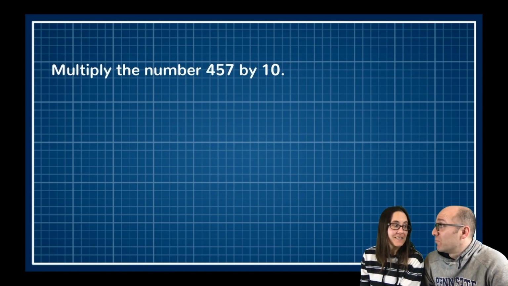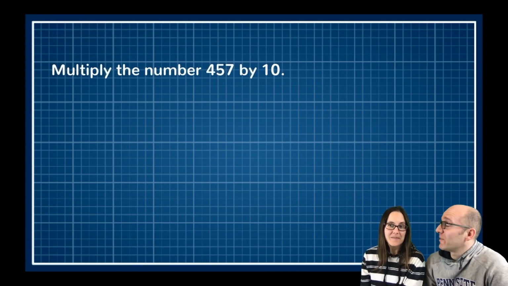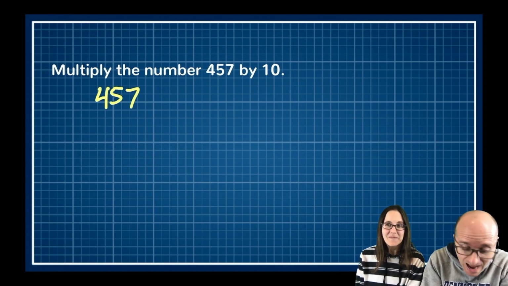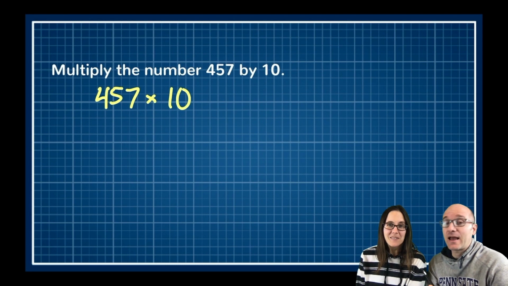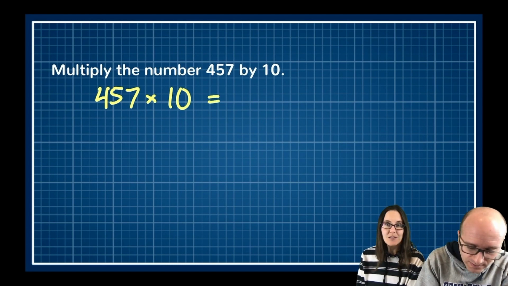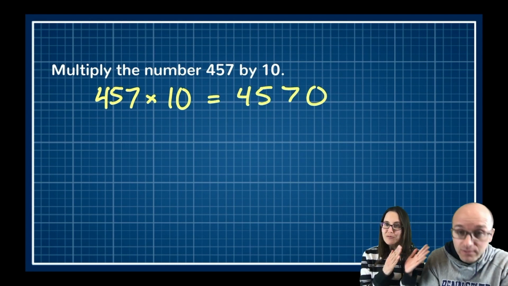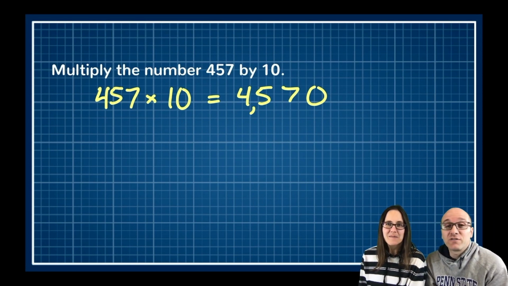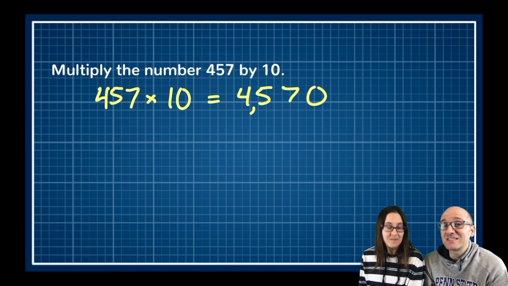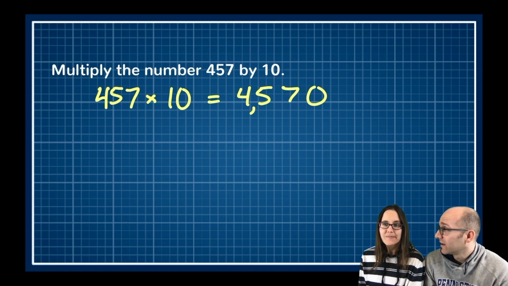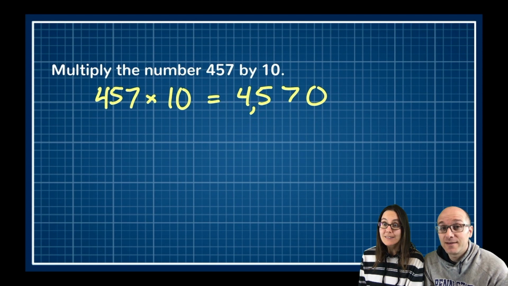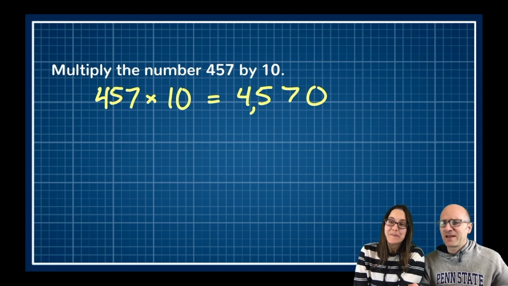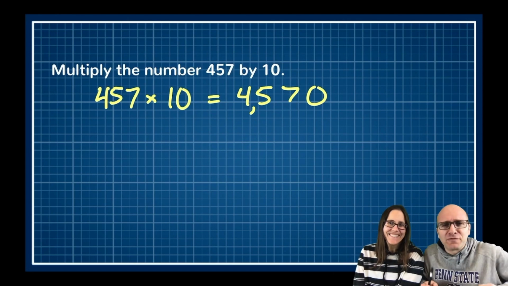All right. Multiplying a number by 10. I bet you remember how to do this, Science Mom. I do remember how to do this. 457 times 10. How do we carry it out? We just add a 0 onto the end. We move everything over, basically. Exactly. Stick my comma in there. 457 times 10 is 4,570. Does that trick always work? I think so. Yes, it does. It's amazing. Multiplying by 10 is super easy. Yep, I can do that all day long. I was born for that.